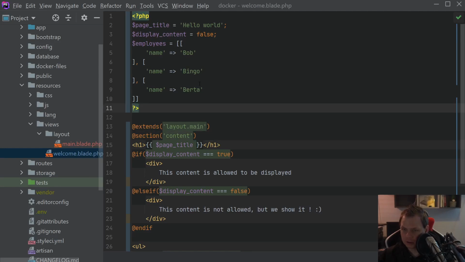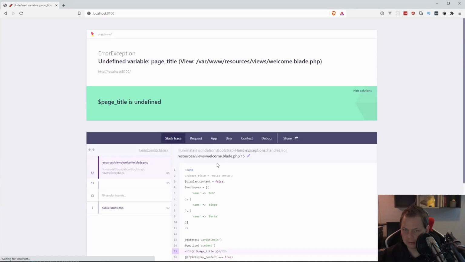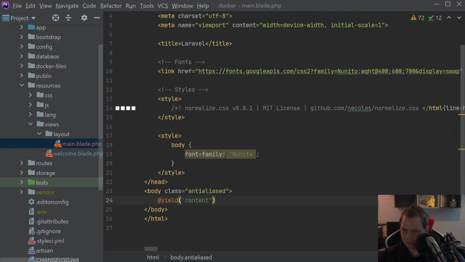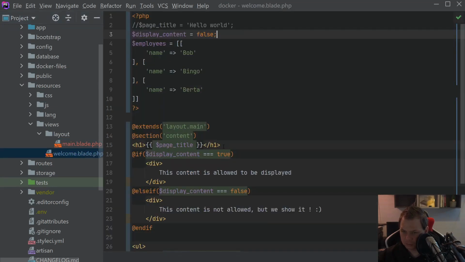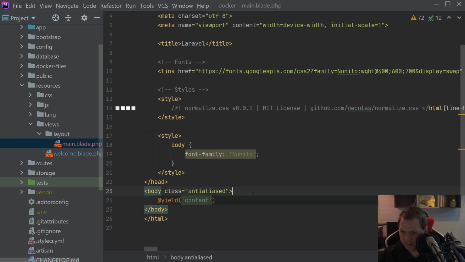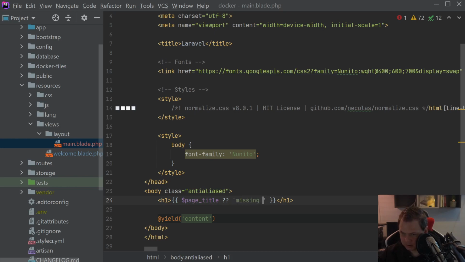Another thing we could have is in the case where we don't want the hello world. Let's say we don't want the hello world, and I'm going back here to the browser and reload. Then you can see we have an error because we are missing the variable here, page title. To be sure we don't break anything, if you're working inside the title here, you can just move the page title. Let's move it from the main here and place it here, and then we can just type two question marks